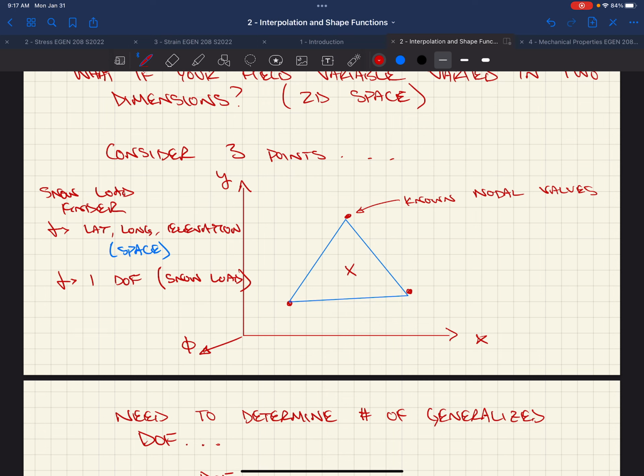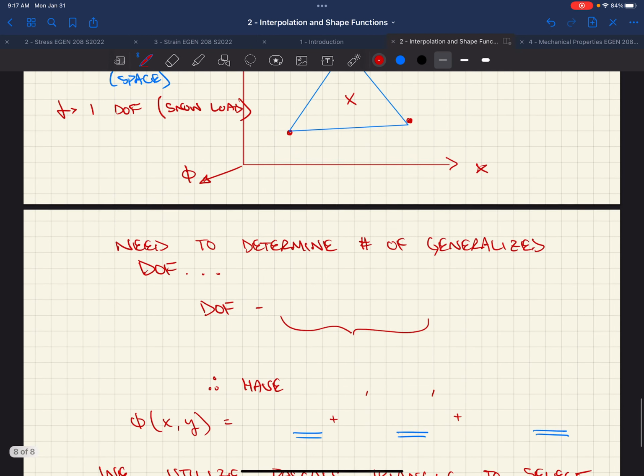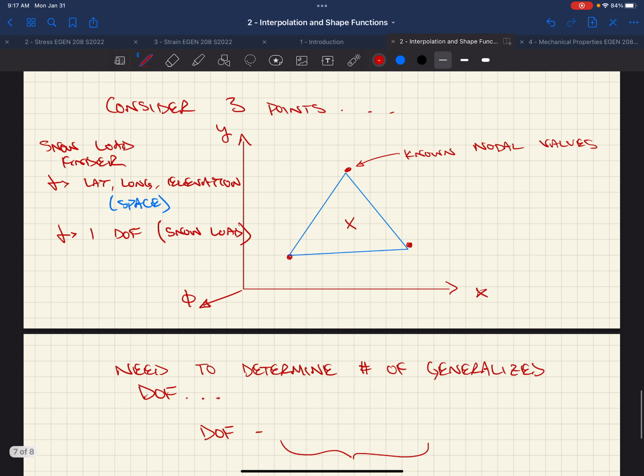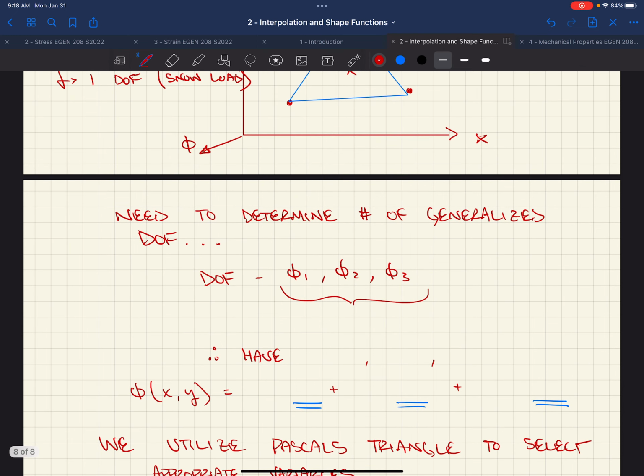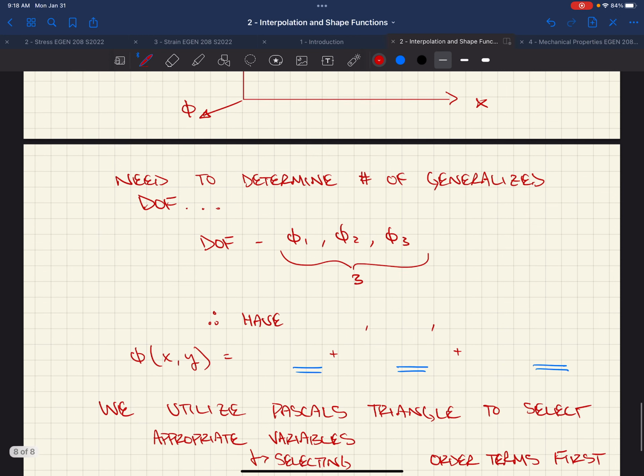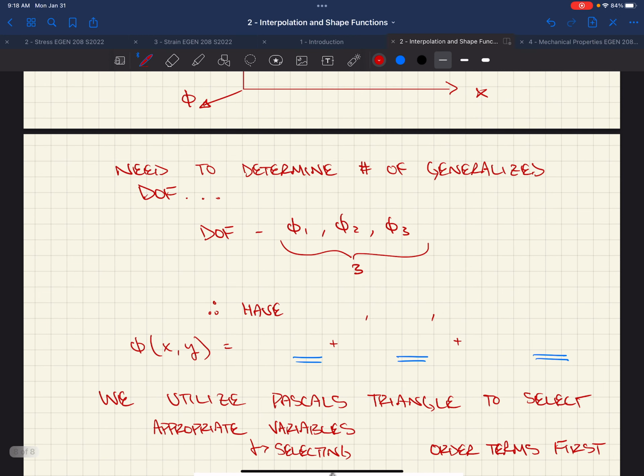So for each of these problems that we consider, we need to start by considering, in this case, if we had 3 points and 3 known nodal values, maybe it's the snow load, out of these we would have 3 generalized degrees of freedom. So we've got 3 nodal values. In that case, n equals 2,